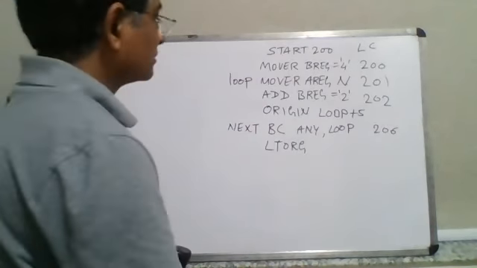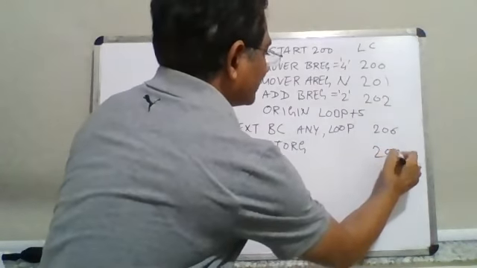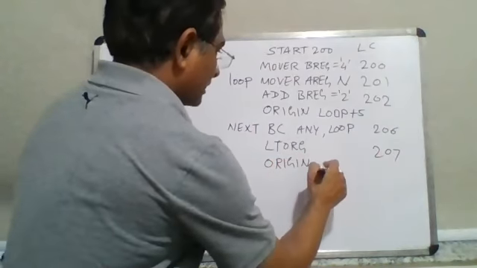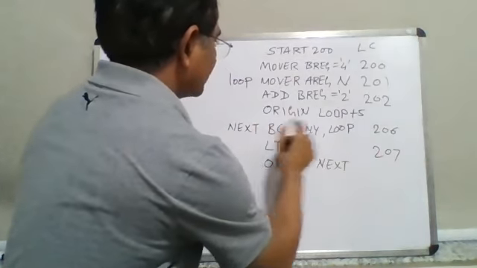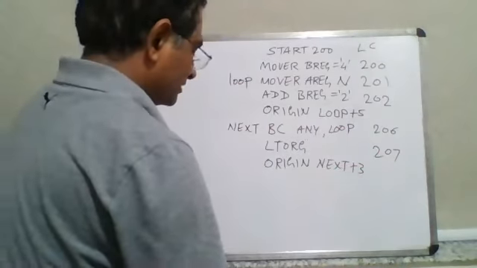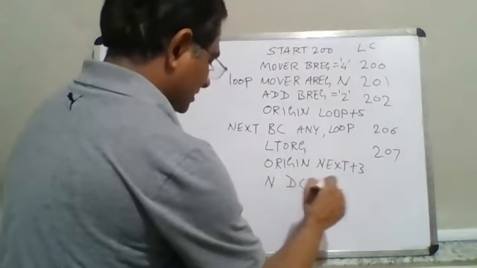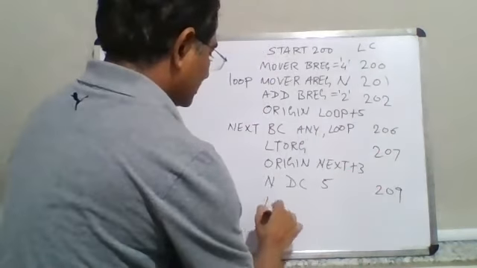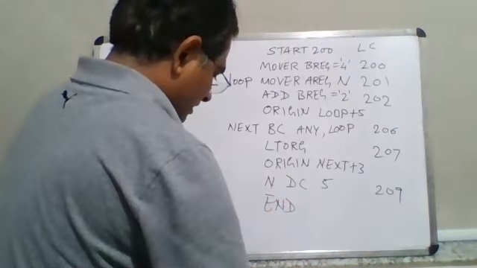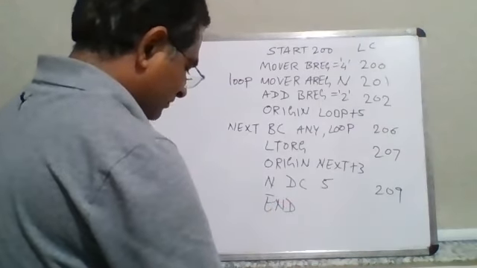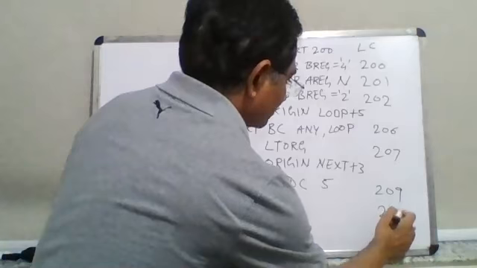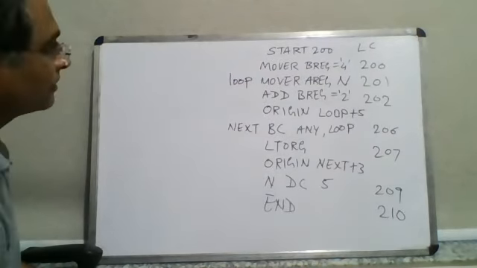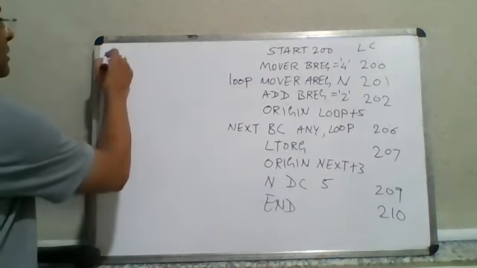assembler directives and to guide you, right? So for that, as an example, I am taking this as a sample base, and then I'm saying again ORIGIN NEXT plus 3, let's say. So there's an expression, then N, then there is declaration class DC with value 5, and then I'm going to have something like 209, and there is the END directive, which is an assembler directive with value 02, right? Don't worry, once you practice you will be able to remember it. Let's say this is the sample code, and given the sample code, we are interested to see what are the advanced